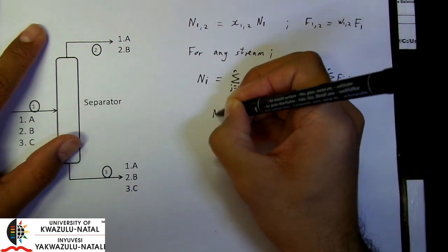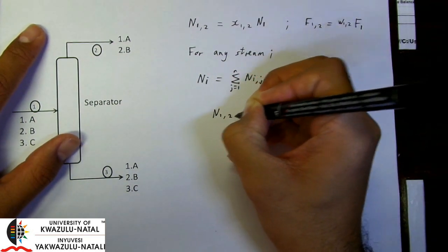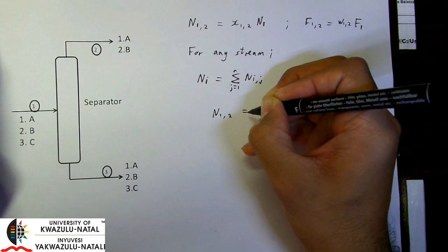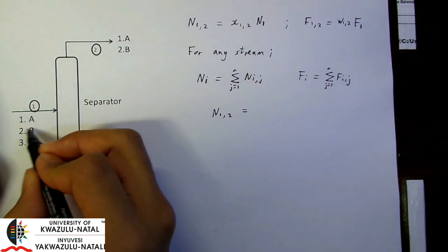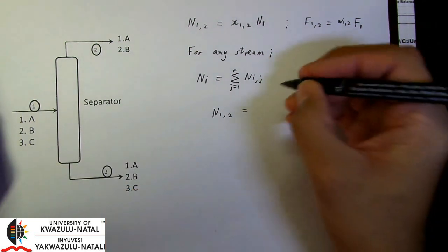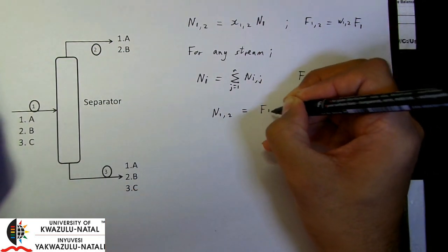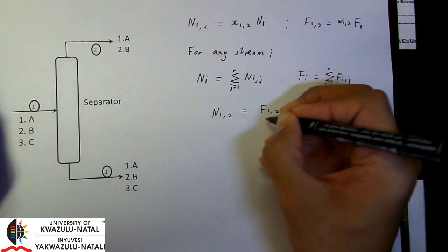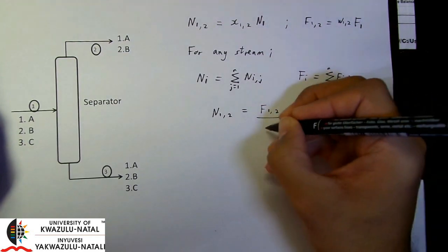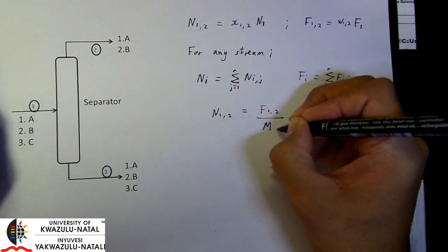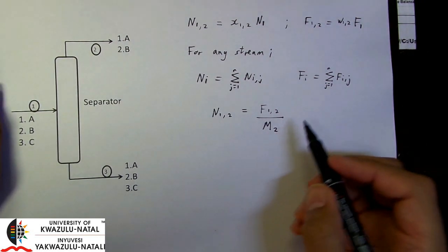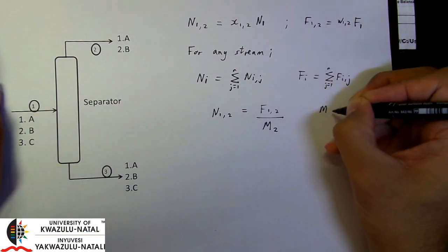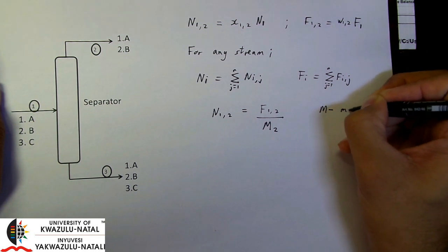So N12, or the molar flow rate of component 2 in stream 1, is equal to the mass flow rate of component 2 in stream 1 divided by the molar mass of component 2. M is your molar mass,